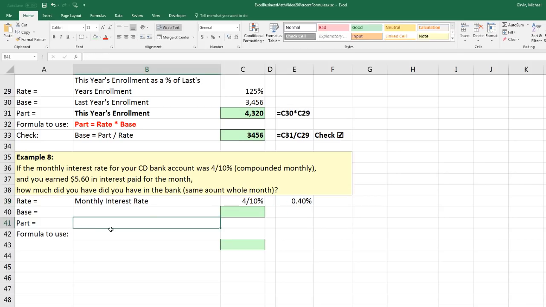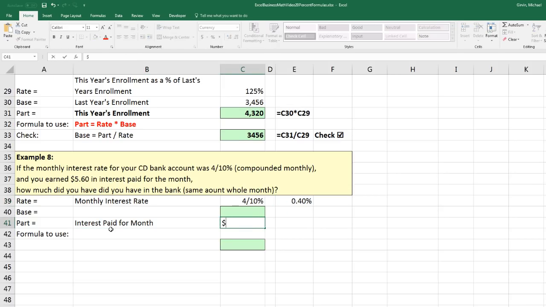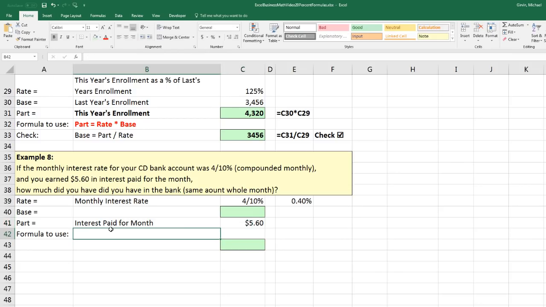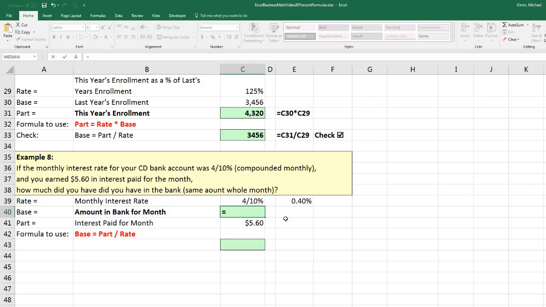Now we know the part, interest paid for the month, $5.60, and enter. Formula to use, base is part divided by rate. The label for the base, amount in bank for the month. Equals, we take our part divided by our rate, and that gives us